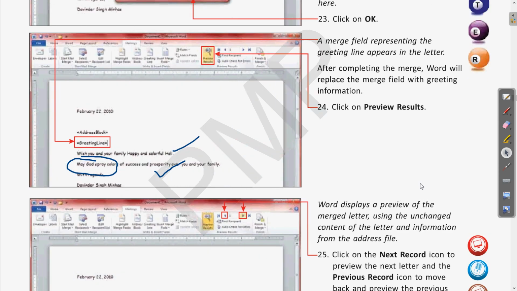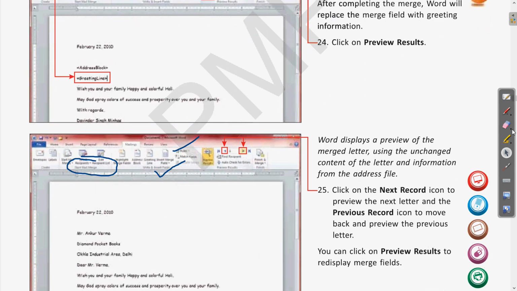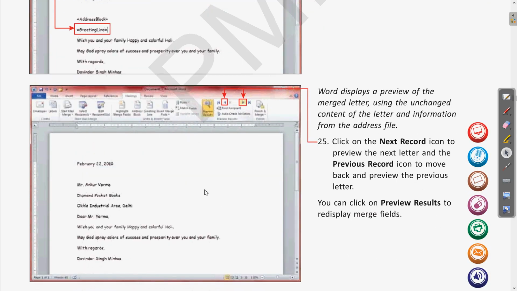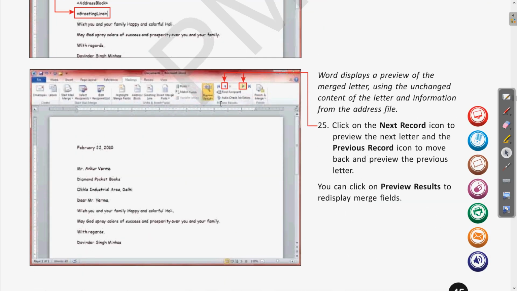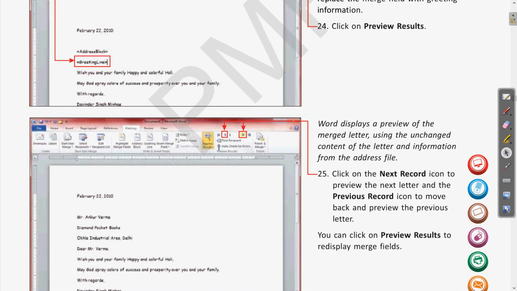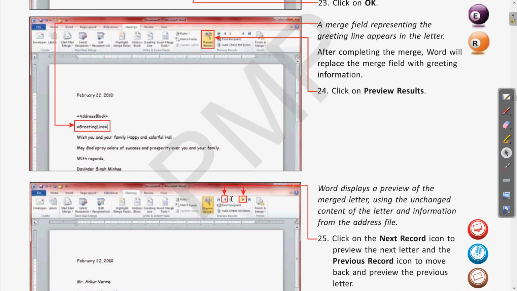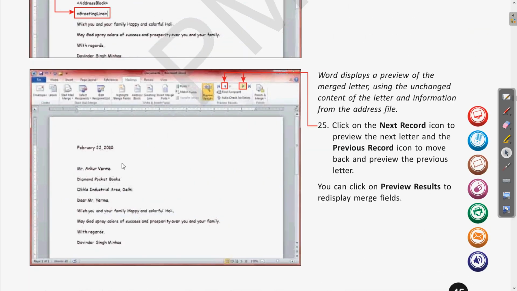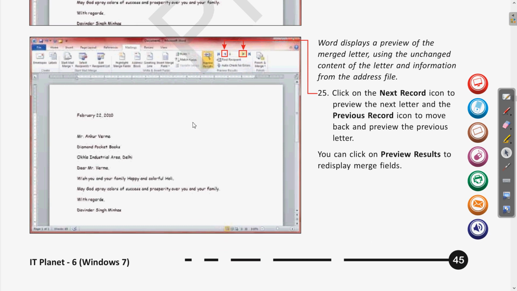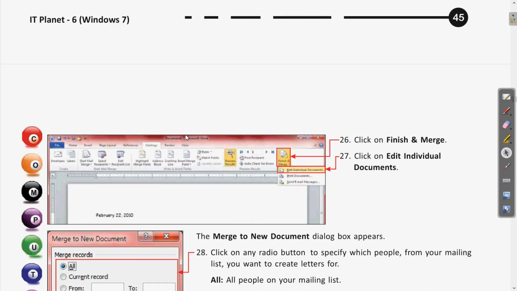After we are done using the greeting line and the address block, let us erase this line first. Then you can see the preview of the merged letter, meaning what exactly it will look like. Here we click on Preview Results, and then we can click on the Previous and Next buttons to see how exactly that address block and the format is being displayed. One by one, all the persons in the address list, all the personalized letters will be displayed to you. Clear? This way we have seen.